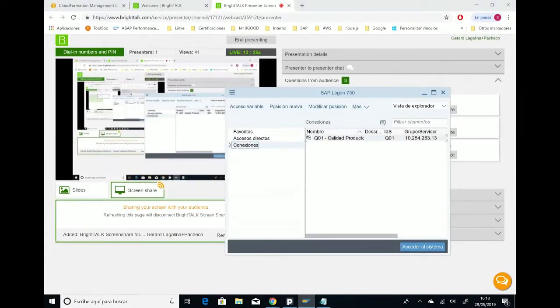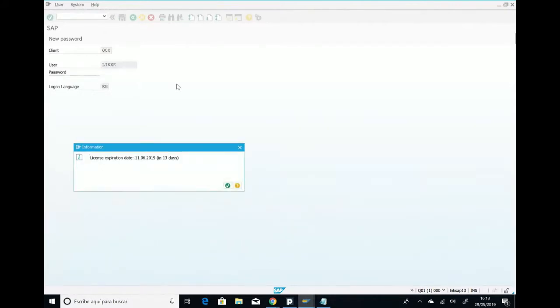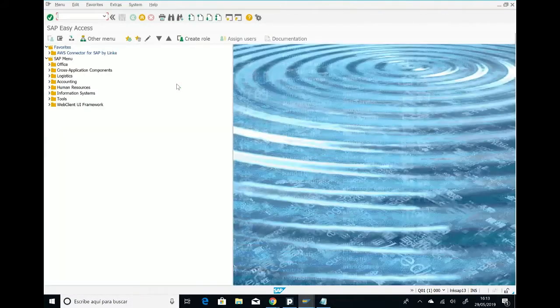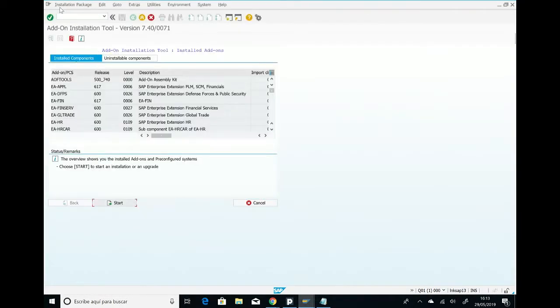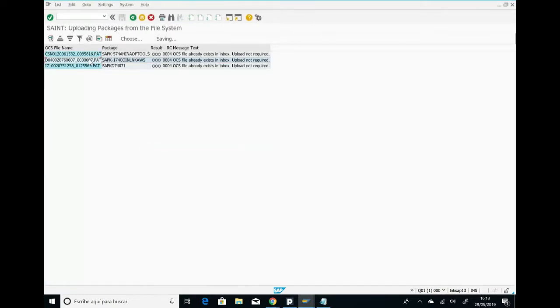So now you can see the screen, and the first thing that we need to do is to install the add-on on the SAP system. It is installed as any other SAP add-on, so it is done in client 0 through the same transaction with the default options. Here we have to upload the package for both front-end or application server. In that case, we choose the application server, select the package, and then